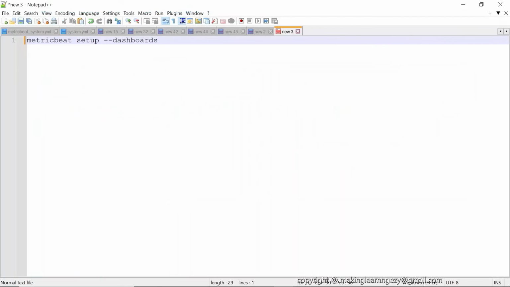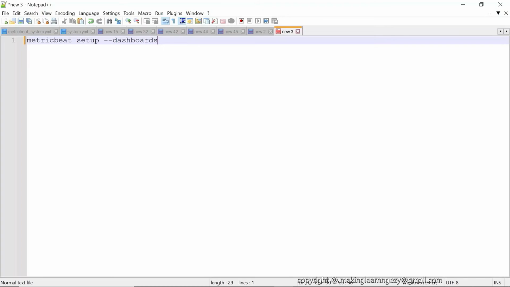To export or send the dashboards to Kibana, we need to run this command, metricbeat setup dashboards. So it would export the Kibana dashboards to Kibana. Before that, you need to make sure that the Kibana endpoints are configured in the MetricBeat configuration file. This command internally uses the Kibana endpoint present in the MetricBeat configuration file.